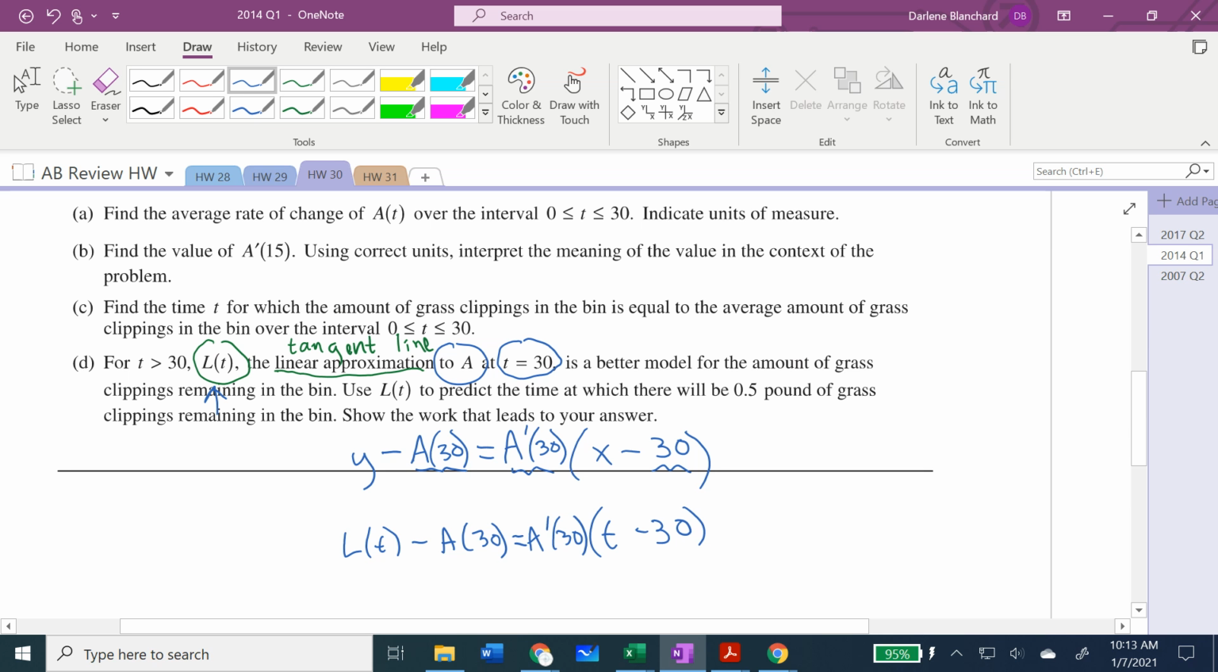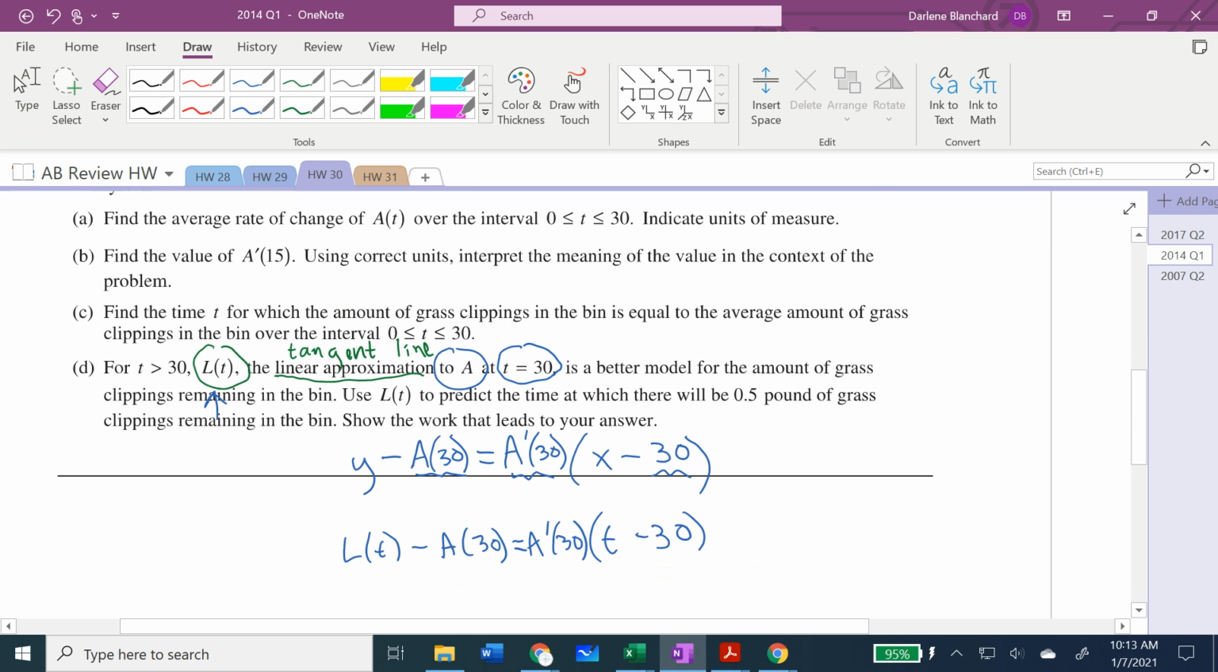So as I just take that equation of a line and rewrite it with the variables and letters that they intend me to use, this is where I'm at. To get an actual equation for L of t, I just add the a of 30 to the other side. Now I need to find a of 30,